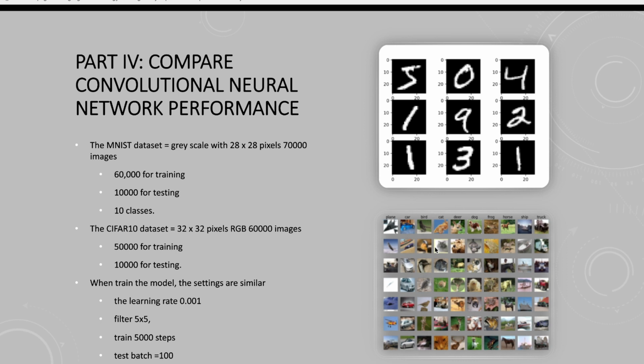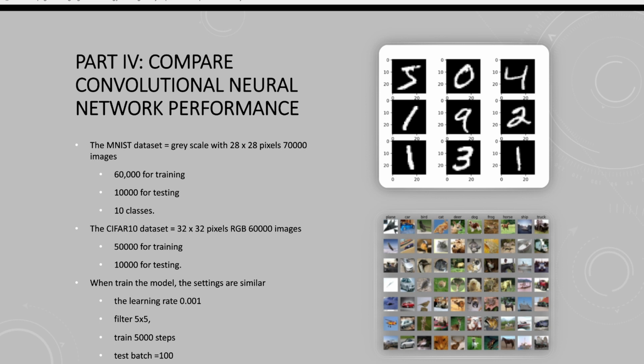It comes with 70,000 images. The training dataset is 60,000 and the testing dataset is 10,000. It's divided into 10 classes of handwritten digits